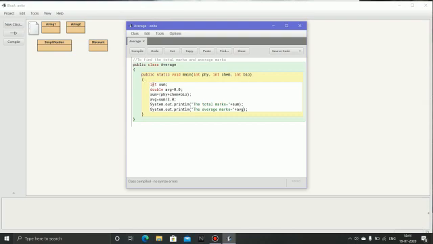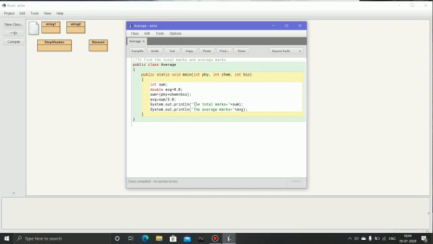Then curly bracket start, int sum, because all numbers are int, so the sum will also come in integer form without decimal. Now double average, because it will be divided by 3 subjects' marks, 3, so it will come in double, so average 0.0. Now we will put the formula: sum, all numbers we will add, physics plus chemistry plus bio. Then average is sum divided by 3.0. This is the formula of average.